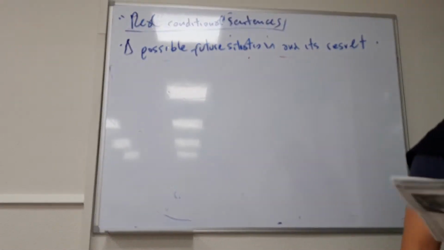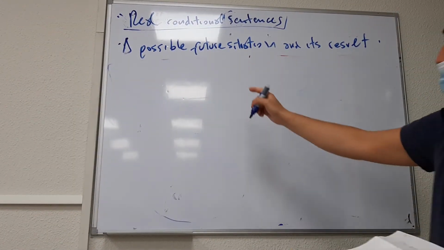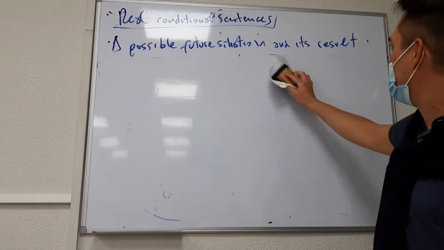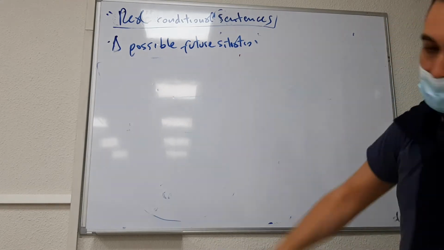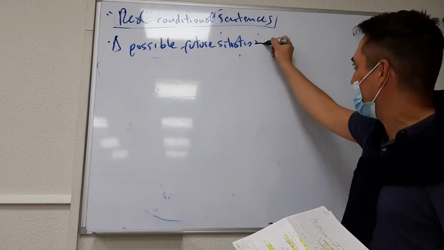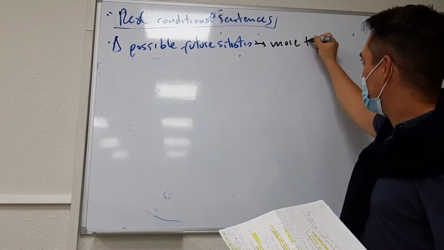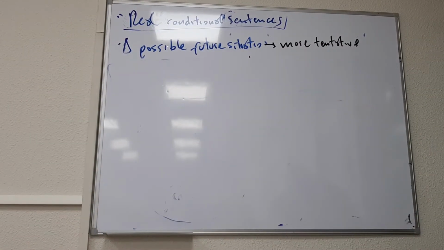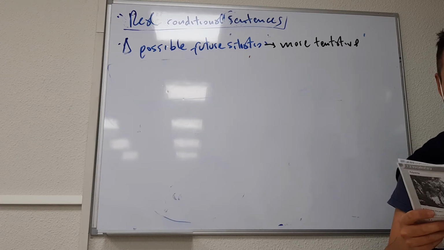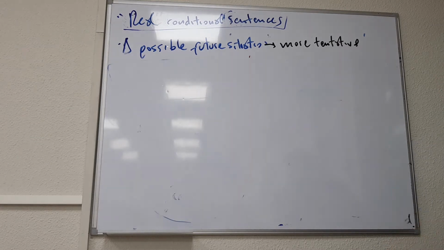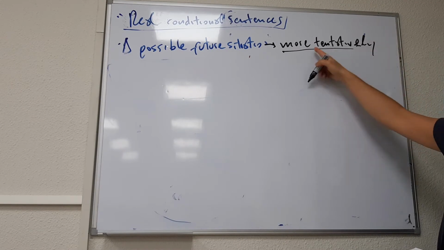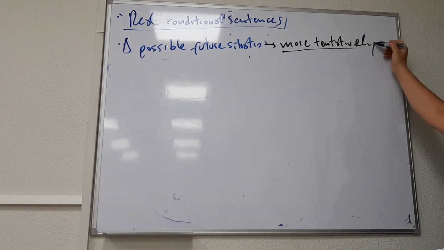All right. To make a future possible situation in a more tentative way. Tentative is like careful. To express it more carefully. How would you say, and I ask you now, more tentatively? More carefully. How would you say in English,